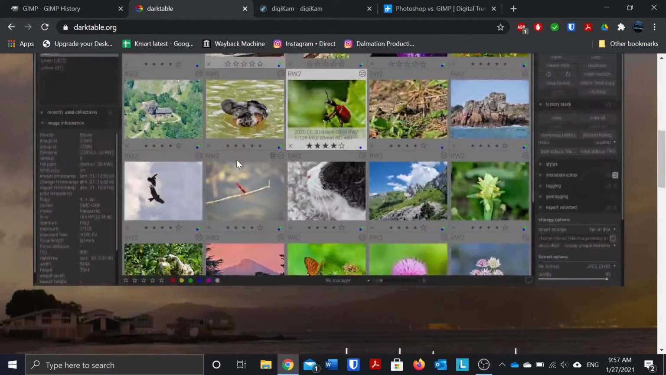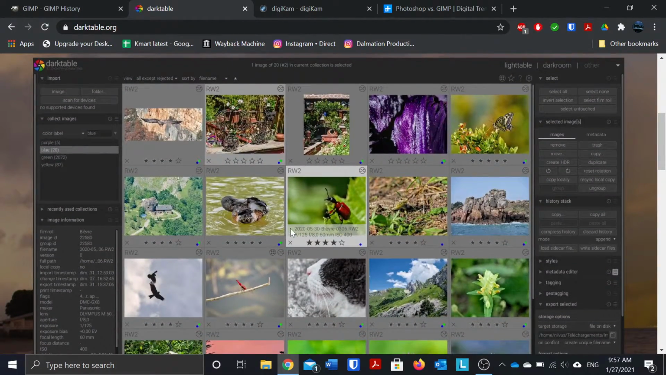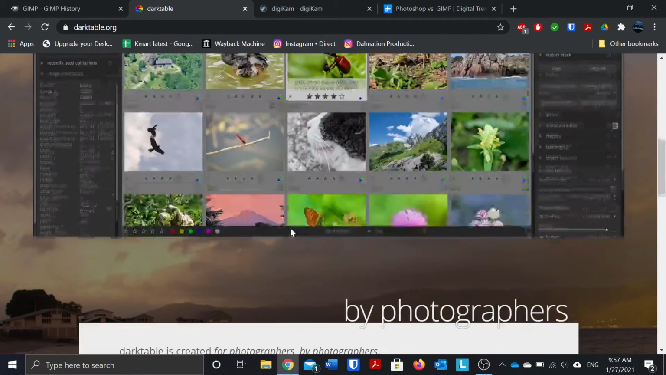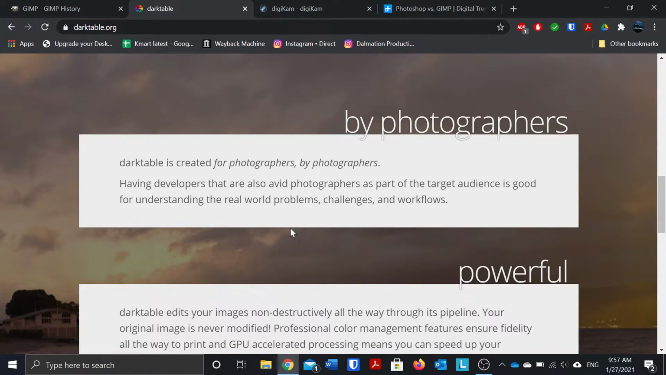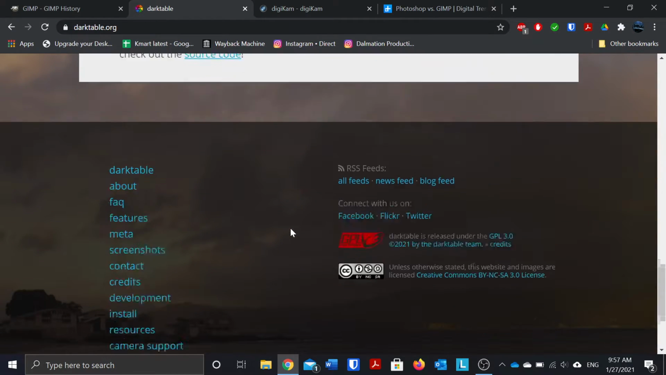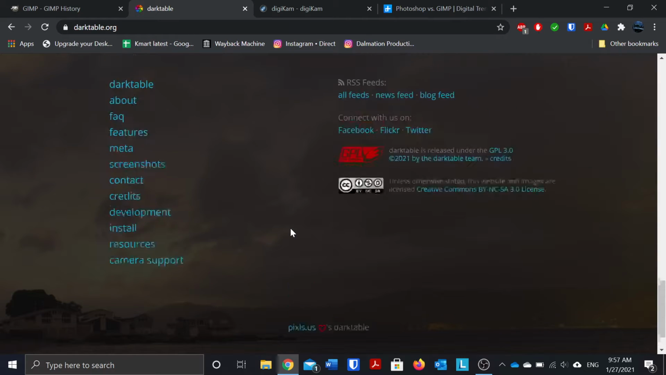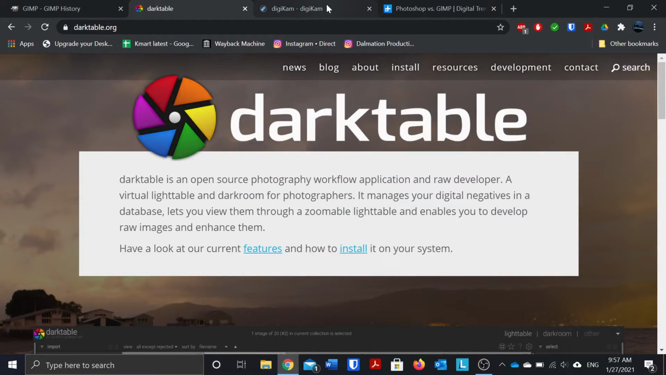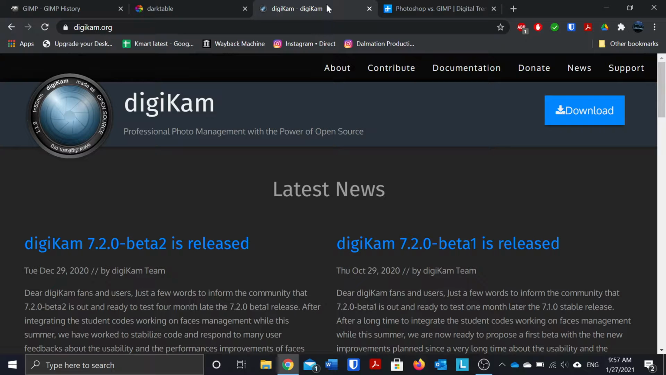So yeah, you can tell the interface looks really similar to Lightroom, and pretty much this has to do with editing photos and stuff like that. So yep, that's Darktable. Another software that I will be using will be Digicam, and as of right now, Digicam